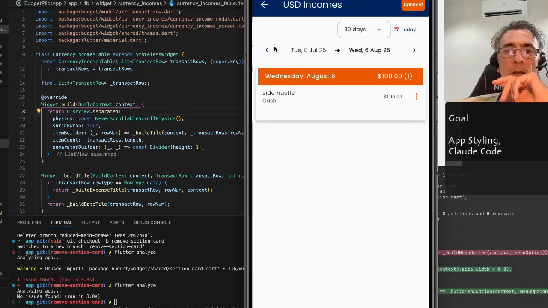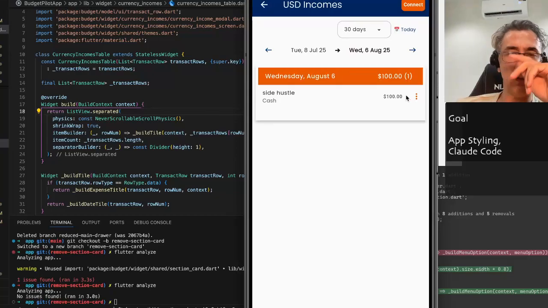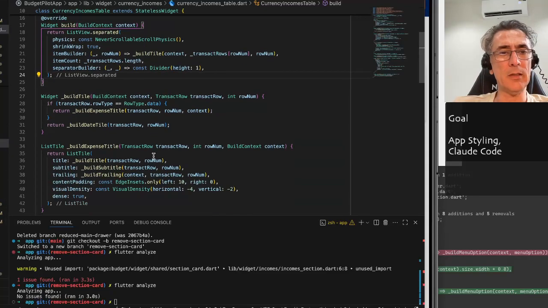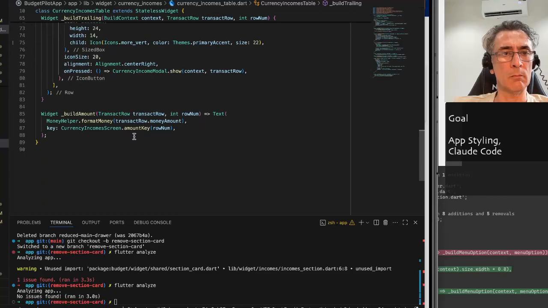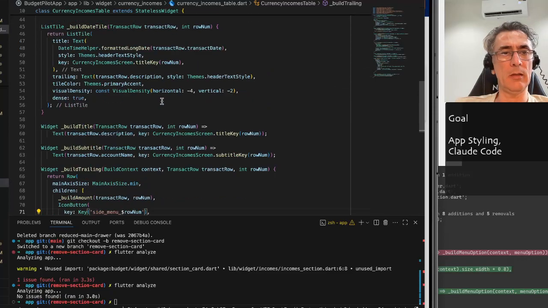Edit income? No, I did not. I went back to here, pressed on this button, and I go to this US dollar income. So if I have the currency income table, currency income model. No, it's not the one. Currency income table should be the one,